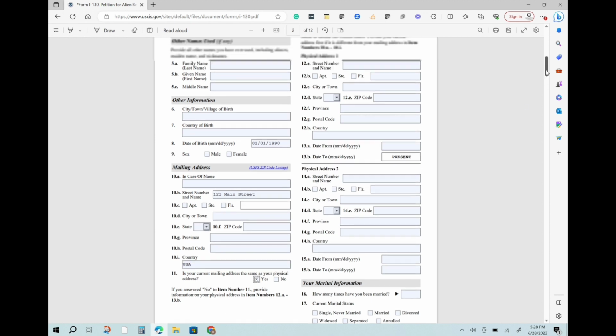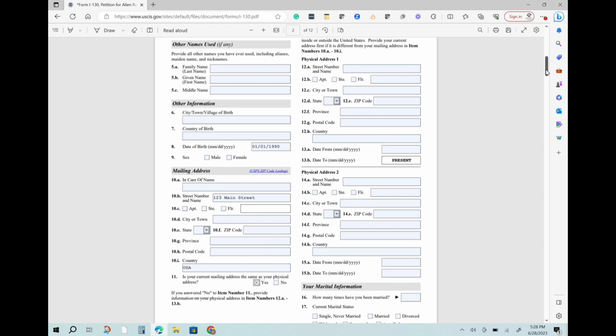Another thing that I want to bring up right away is I had this argument with this potential client a few years ago. She was an attorney in Greece, and she told me that she read over the form instructions and it indicated that you should put the word NA when not applicable. So let's say, for example, there's no city where you were born. You could put NA. And that's what the form instructions also say, is to put NA. However, I attended a